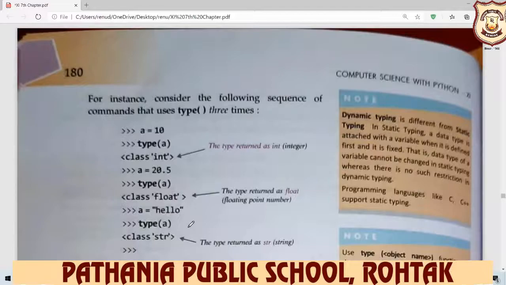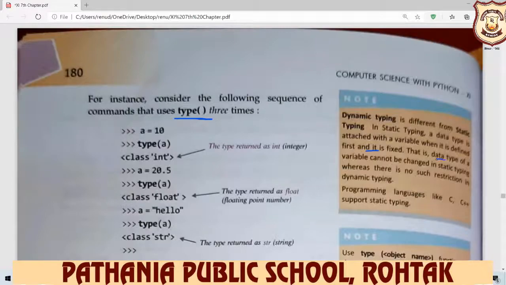For instance, consider the following sequence of commands that use type. Here you use type, which is a method. Dynamic typing is different from static typing. In static typing, a data type is attached to a variable when it is first defined and it is fixed.